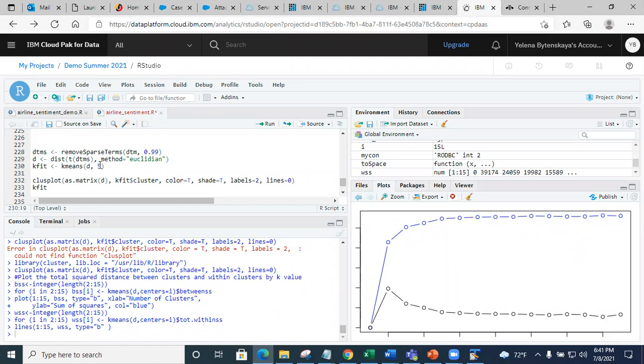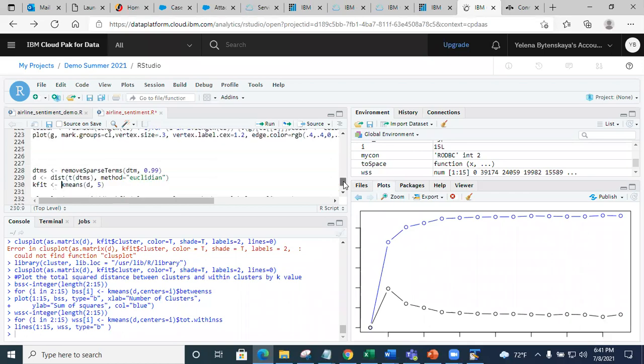And what I'm doing here, just randomly, I'm trying 5 clusters, but you're going to have to play around with that. That's just what I'm doing in here, okay? And it's looking at the positive feedback here, the positive comments, okay?